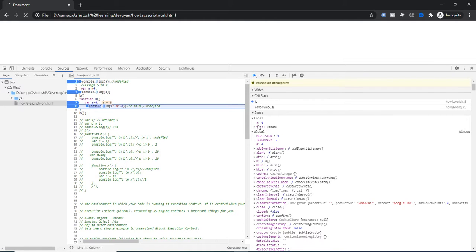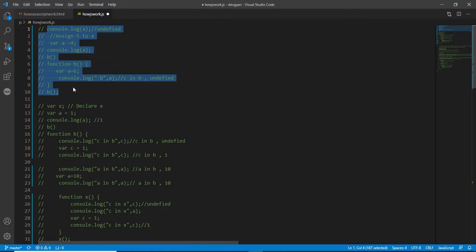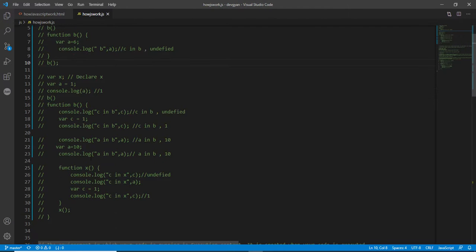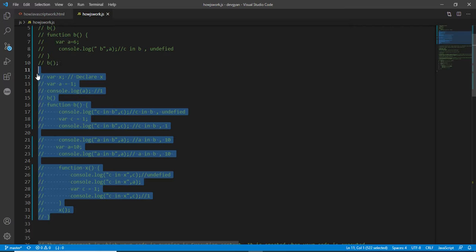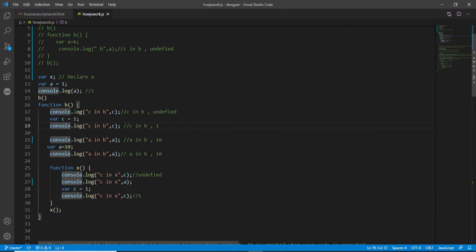This is also a very important concept you have to understand in JavaScript. Okay, I hope you understand these things. Now let's comment it out and try to understand again a little more deeply with another example.